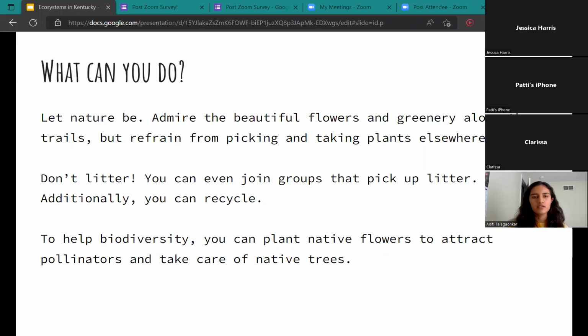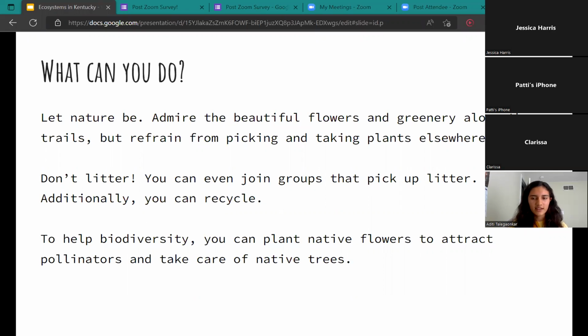As I mentioned in the invasive species slides, a lot of what happens is humans will take certain species from one part of the world and take it to another part of the world. And that's why often, in customs, they don't let you take certain plants or certain fruits, because that's often what happens. And of course, don't litter.